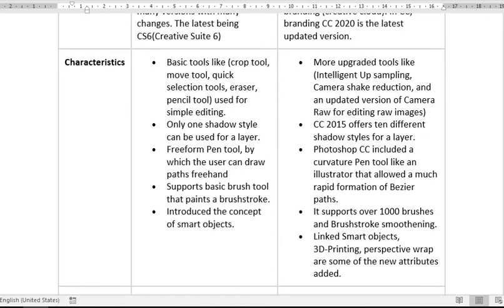Adobe Photoshop introduced the concept of a smart object, but in Adobe Photoshop CC linked smart objects, 3D printing, preserve wrap, and some new attributes were added.